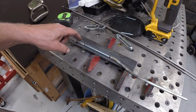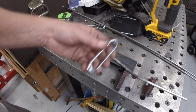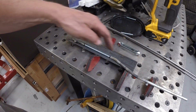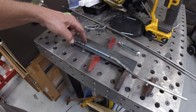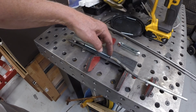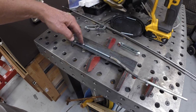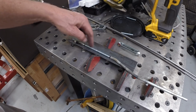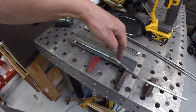This is my setup for welding the threaded sections from the turnbuckles to the linkage rod. I'll weld this here, I've beveled the ends, and then I'll weld this one here, bevel the ends. And I'm using this angle iron as an alignment tool to keep the pieces in alignment. I know this is hanging out over here, but